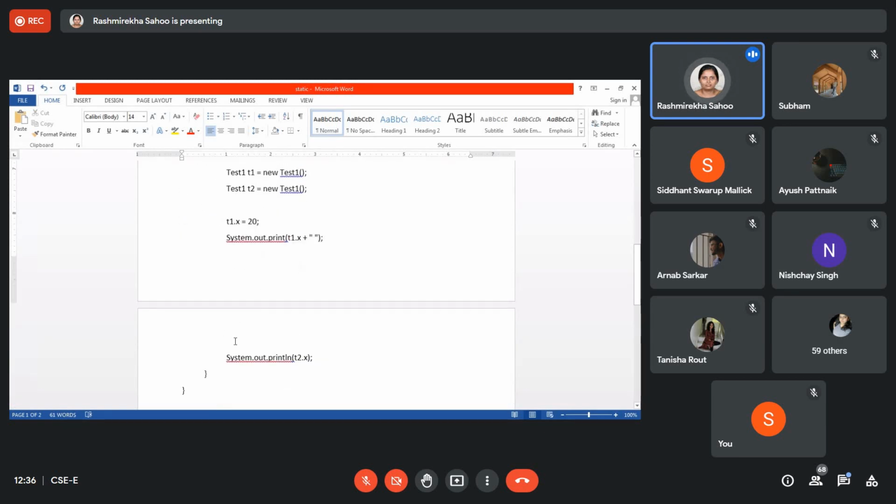Okay, tell me this one. The output, those System.out.println. 2020. So why 2020? Now two objects are using T1.x, T2.x.